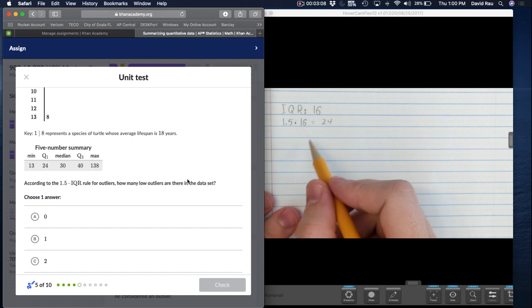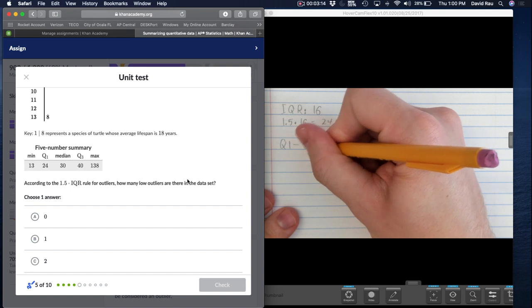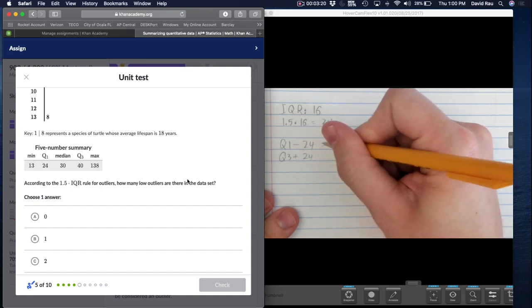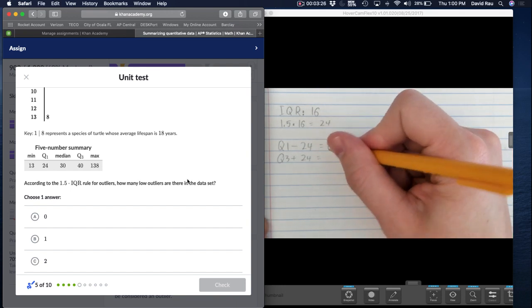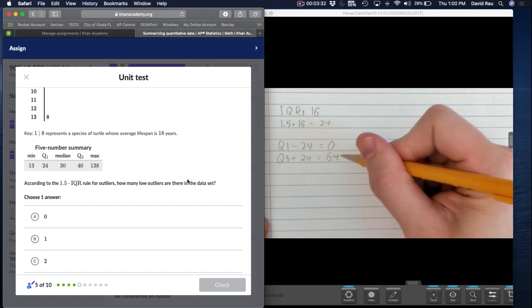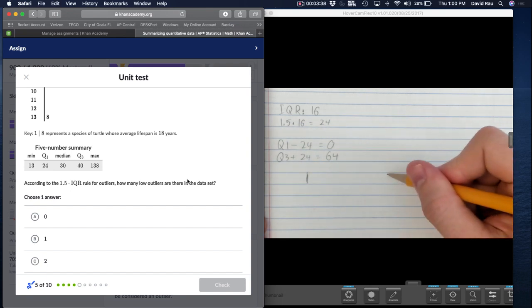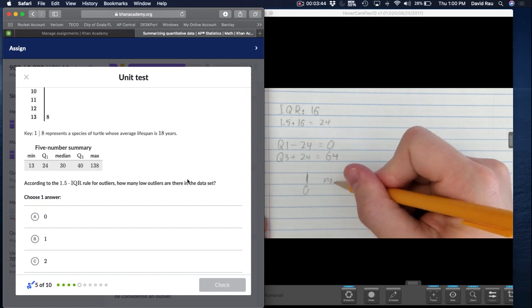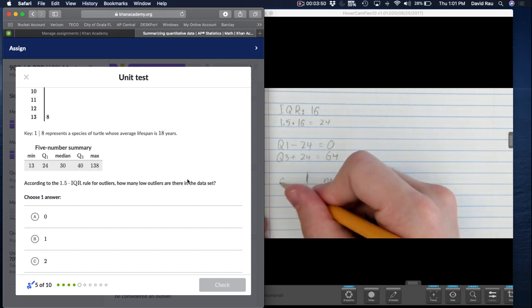The question is, how do we determine where an outlier is? We need to find what is Q1 minus 24 and what is Q3 plus 24. And Q1, if you look, is 24. So what's 24 minus 24? It's actually 0. And then what's Q3 plus 24? 40 plus 24 is 64. And we call these the lower and upper fences. Essentially what it says is, as long as a data point is within 0 and 64, these are not outliers. But if something is outside,